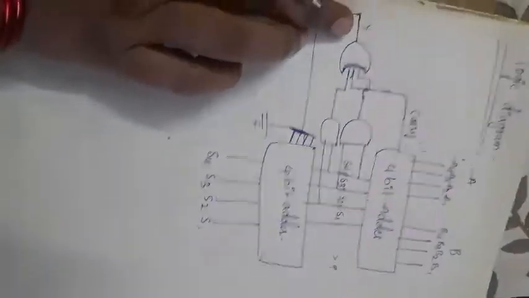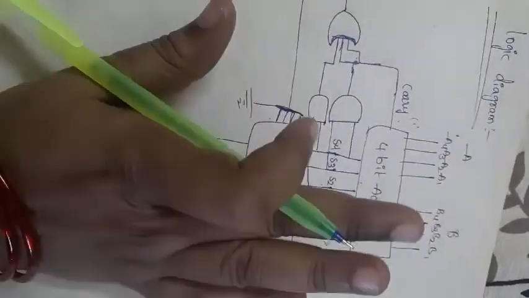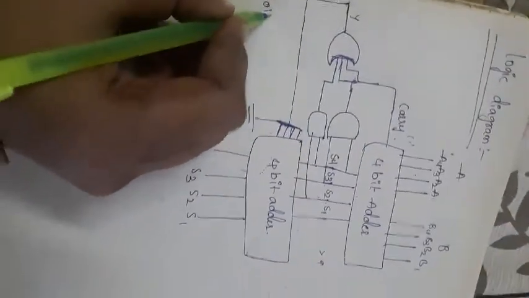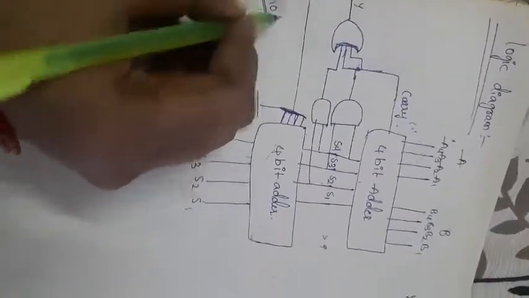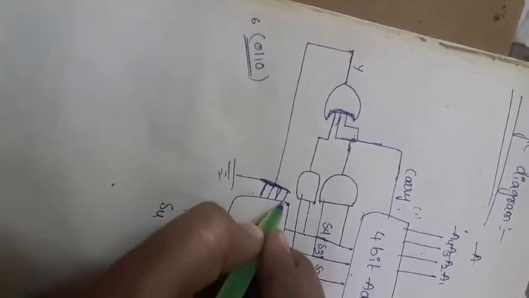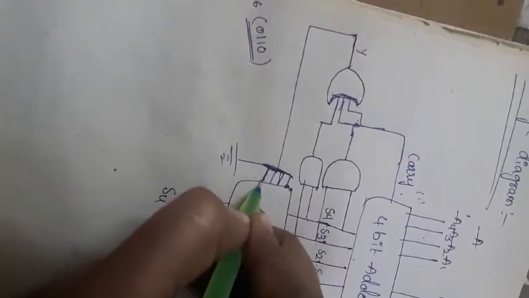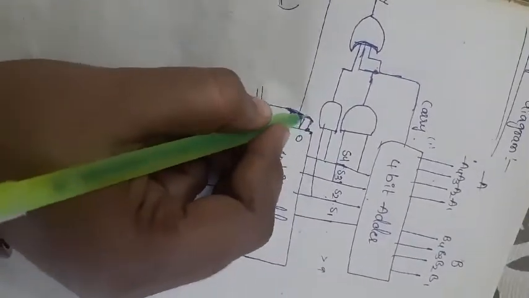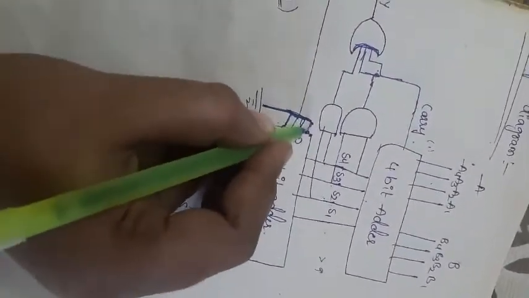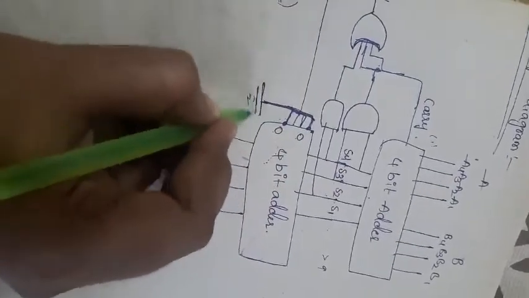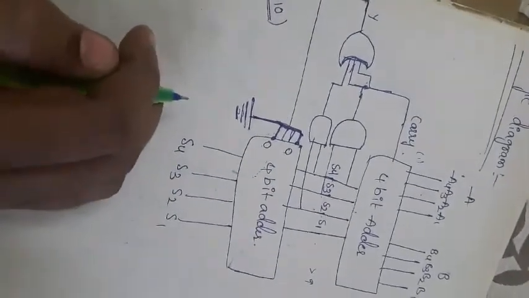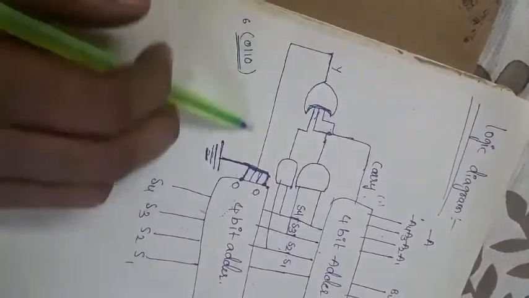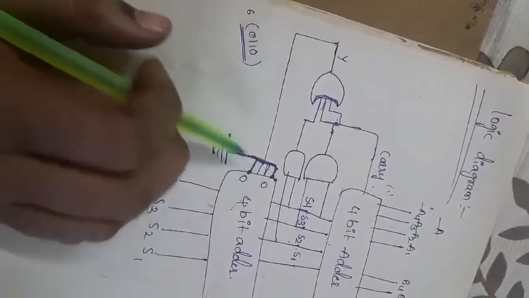Because we need 6 here, and 6 consists of 4-bit numbers. The number 6 in binary is 0110. So the first input and the last input, that is the LSB input and the MSB input, we can choose as zeros. Because these two inputs are zeros, directly we can connect the MSB bit and LSB bit to ground here. So this output is connected in two ways. The two ways are one is input